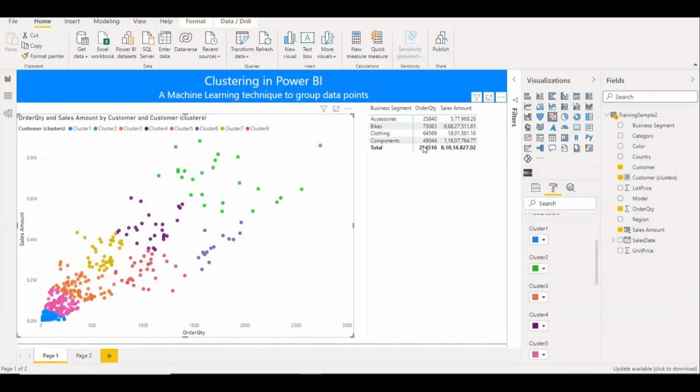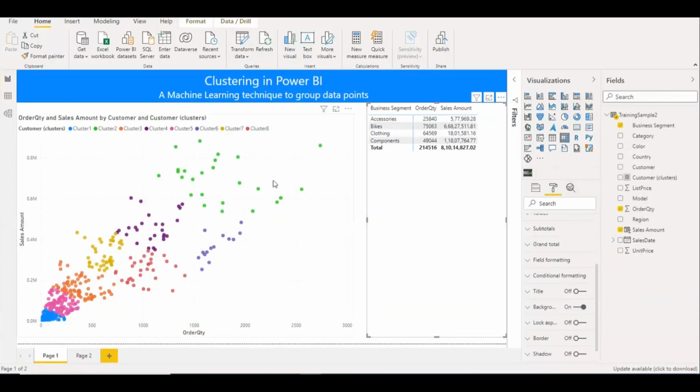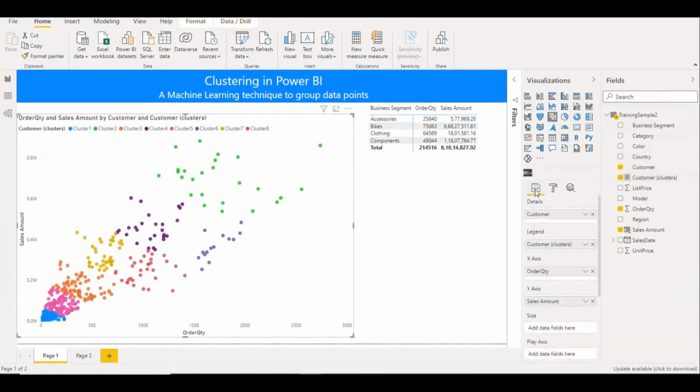Here in the table, the important thing is that once you generate the cluster, you will see in your data model one new field added, customer bracket cluster. If you select this graph and come here, you will see that in the legend this cluster field is added.